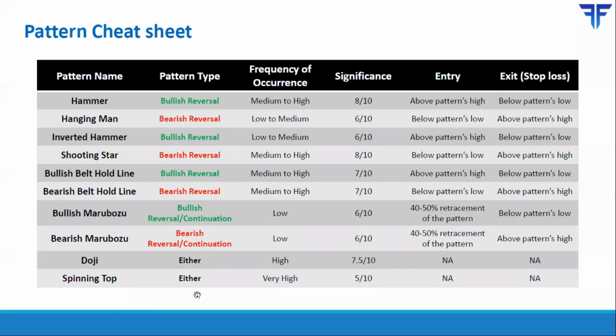Spinning top is one of the patterns that I don't trade so frequently, and whenever I do, I ensure that I trade it in conjunction with other candlestick patterns or other Western technical tools. I would give it a rating of 5 out of 10, so that's the lowest in my single candlestick rating. Entry and exit, just like Doji, I don't act just on the appearance of spinning top. Rather, I would combine it with 4 to 5 candles or with other Western technicals before acting.